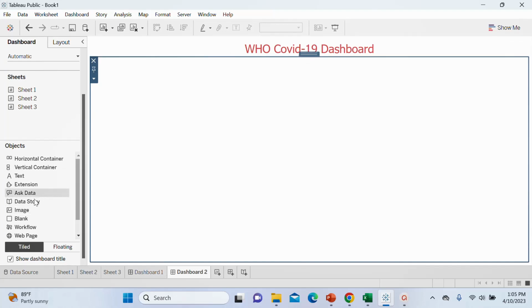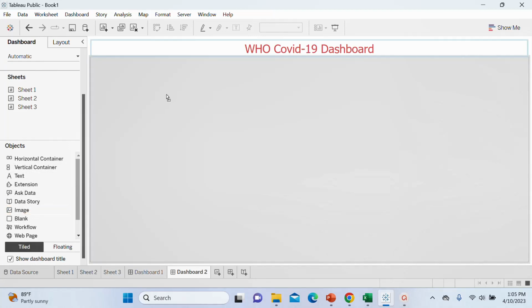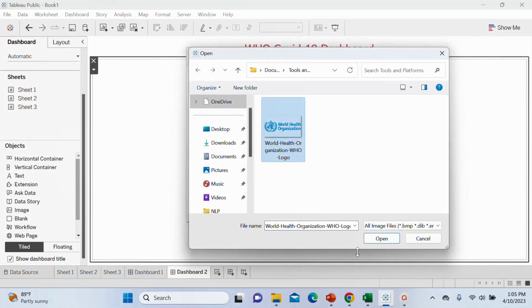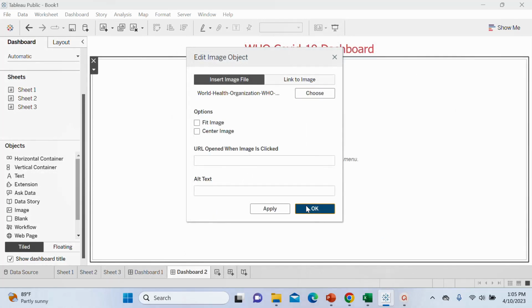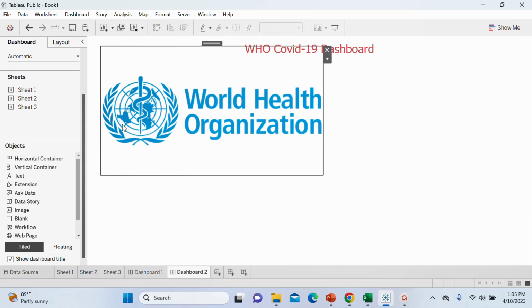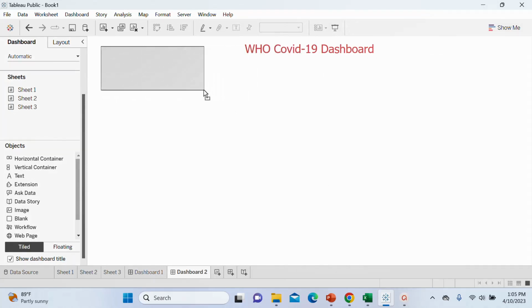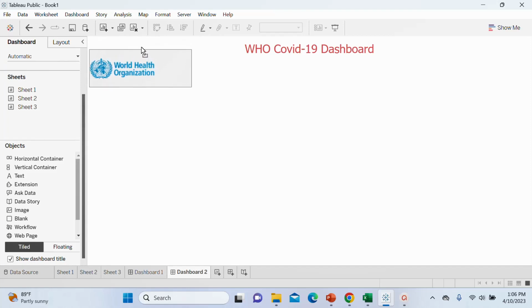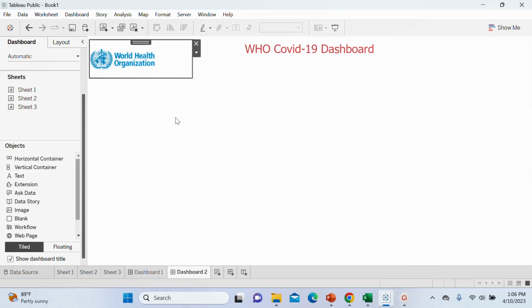So the next thing I want to do is to maybe import an image. So just drag and drop, choose World Health Organization, OK, and then make this floating, and then make it a bit smaller, just close to this place. Okay,